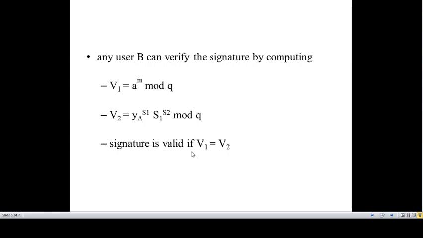receiver's end. So I think you must have understood the algorithm. After this, we'll solve one example based on it, so you will understand it better. That example I will solve on the board or on the notebook, and then I will share it with you. Okay. Thank you, students.